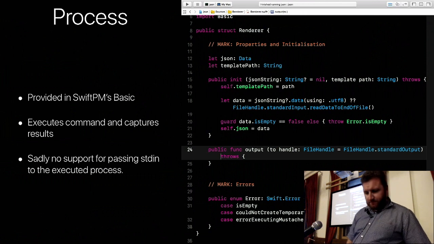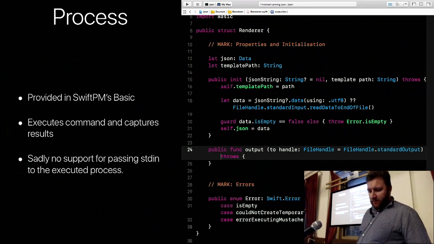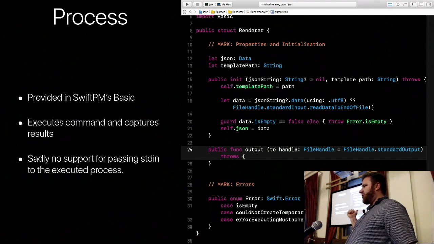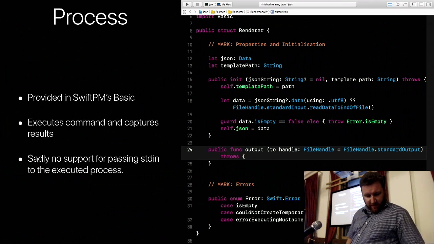Yep. So the Swift Package Manager provides a nice set of classes for handling executing stuff on the command line. Sadly, it doesn't support standard input, so I have no way of echoing output into that process. So our wrapper for that, well,